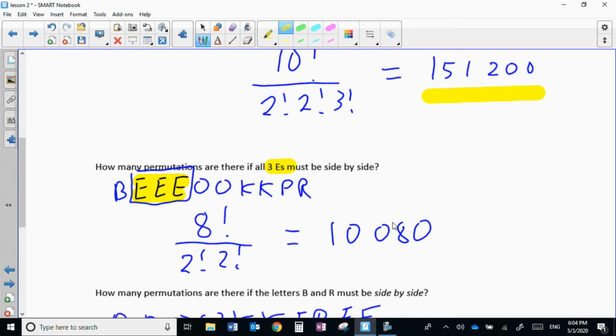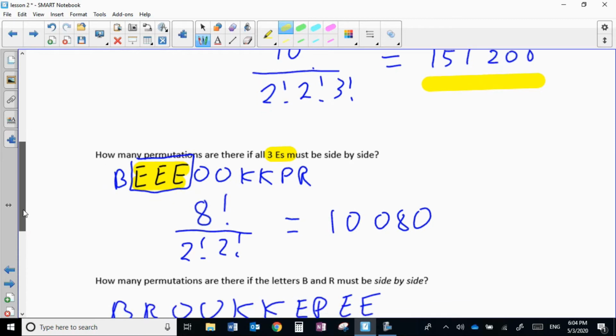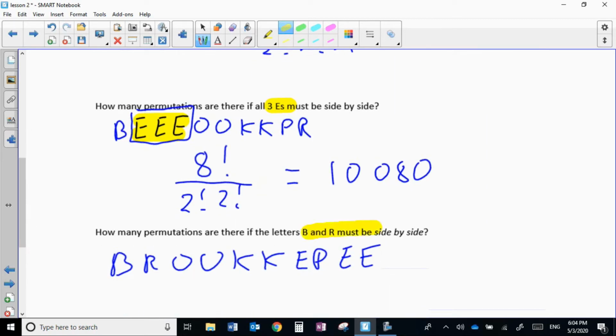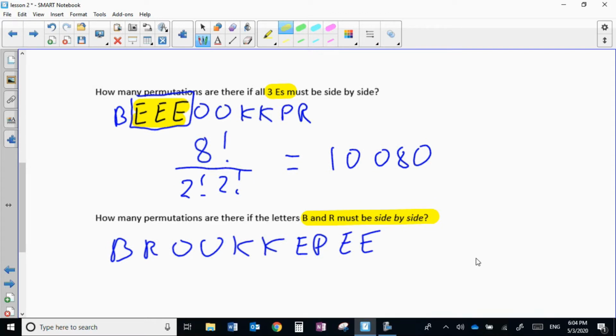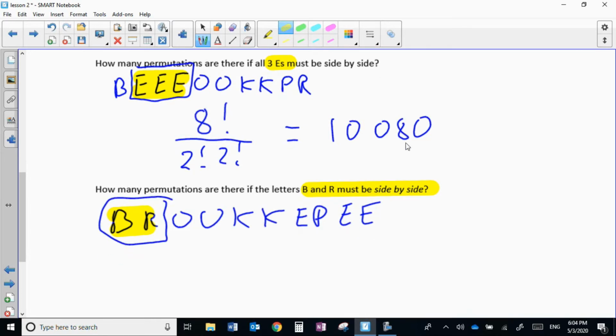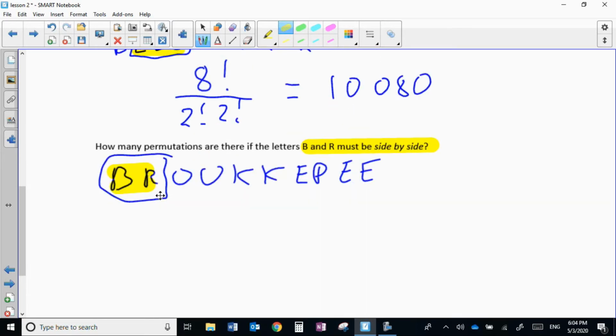How about another example where we decide that the B and the R must be side by side? And I've given you one example where that's true, right here. Well, the strategy is very similar. We treat the B and the R as if they're one letter. And now there are 1, 2, 3, 4, 5, 6, 7, 8, 9 letters. So 9 factorial ways to arrange those. However, divide by the triple E's,